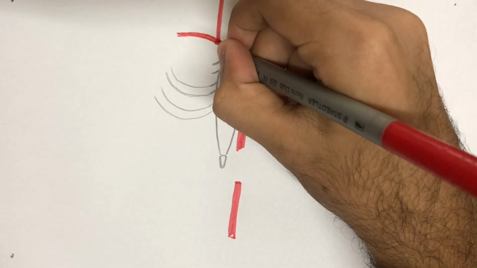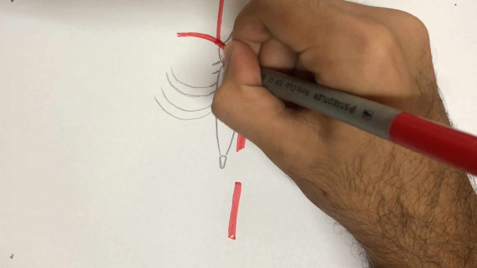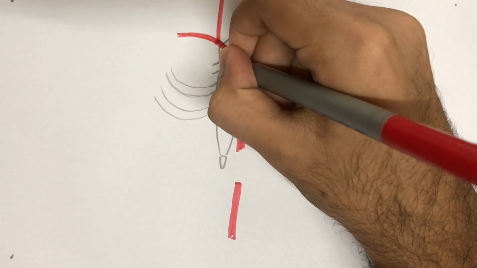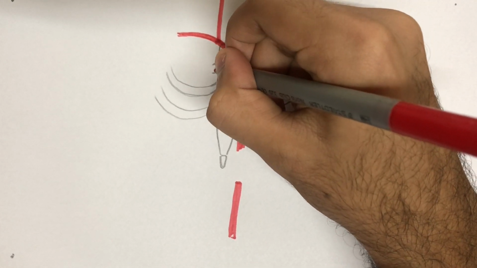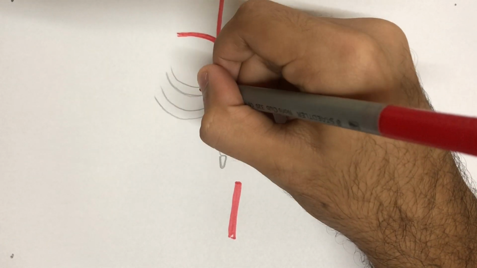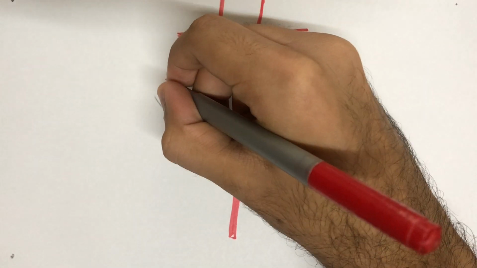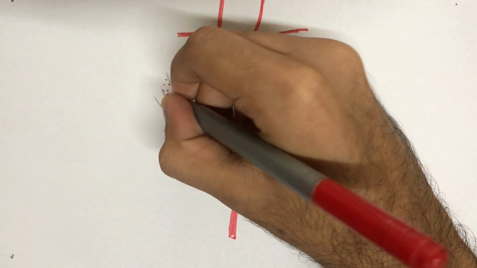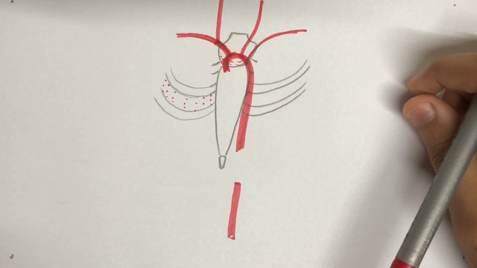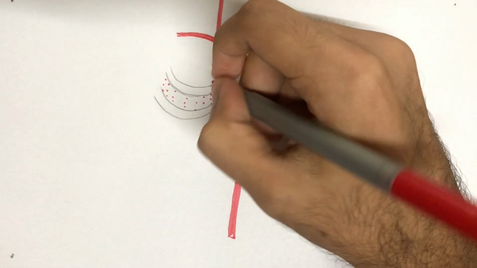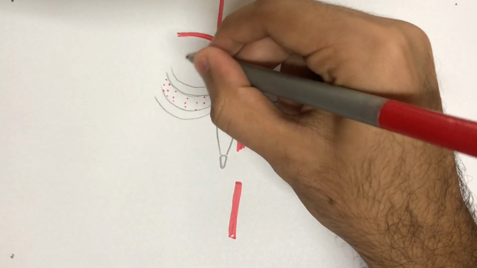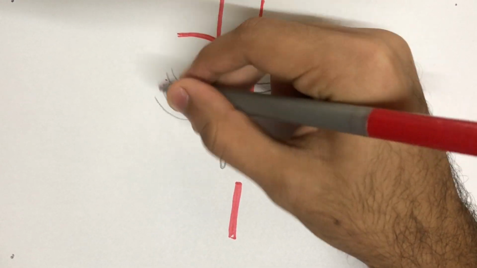Now, at the sternal angle, there is a junction of the body of the sternum and the manubrium sterni. There is the insertion for the second rib. We know that the intercostal spaces are the spaces between two adjacent ribs. As such, a typical intercostal space will carry two anterior intercostal arteries and veins and one posterior intercostal artery and vein respectively.